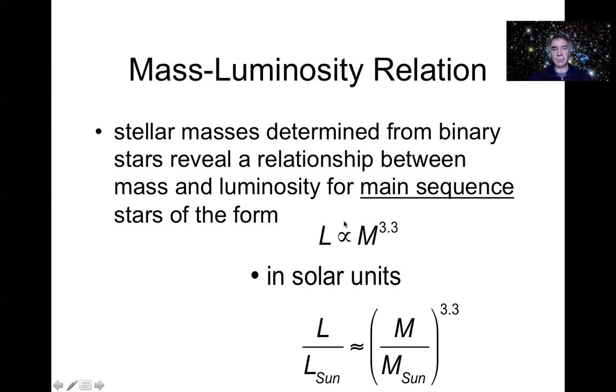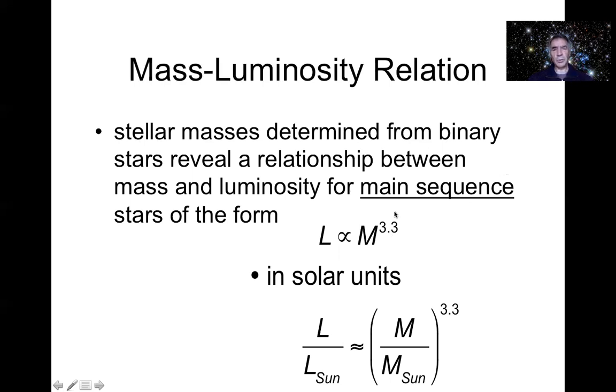It's approximately that the luminosity goes as mass to the power 3.3. This is an average. It does wobble around a little bit, but for the purposes of this module, this is what you need to use. So the luminosity of a star is proportional to mass to the 3.3, but